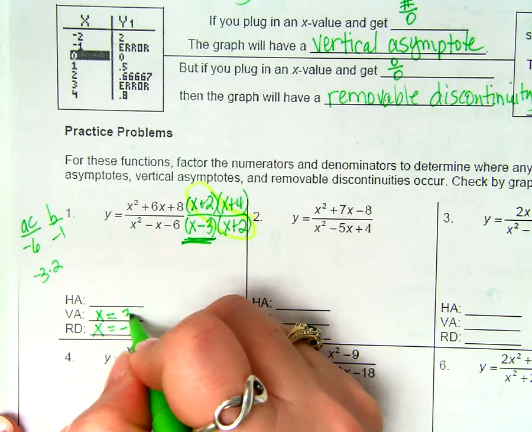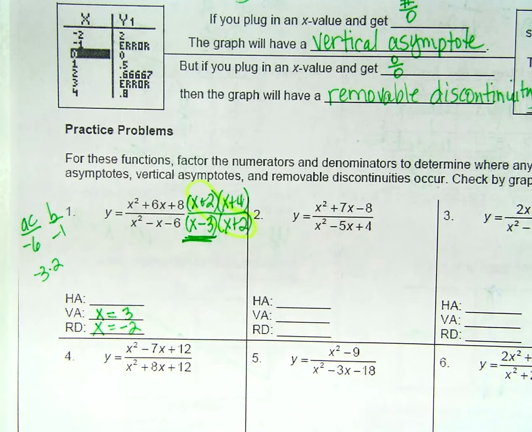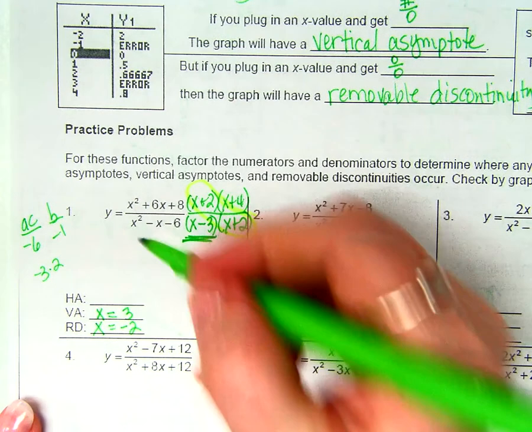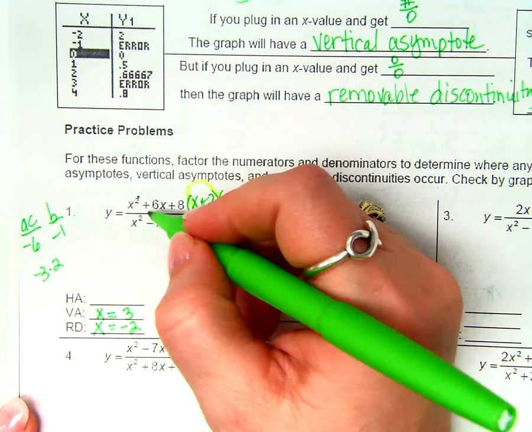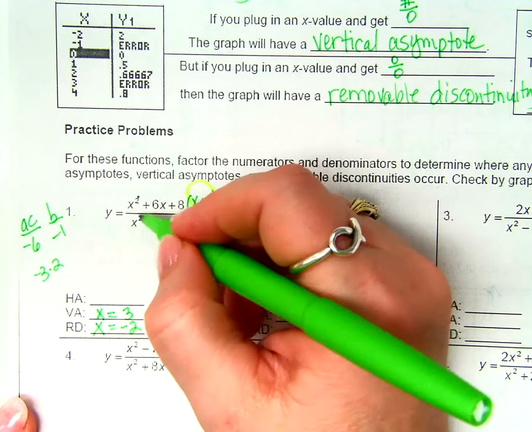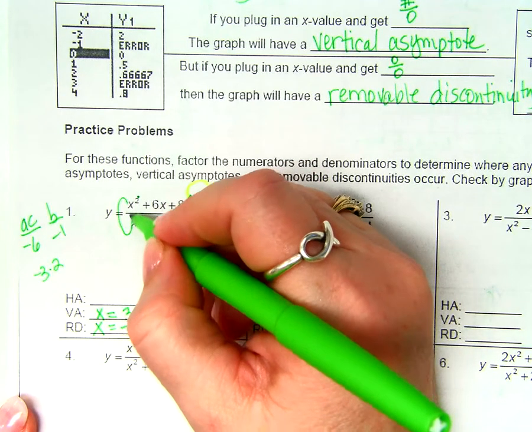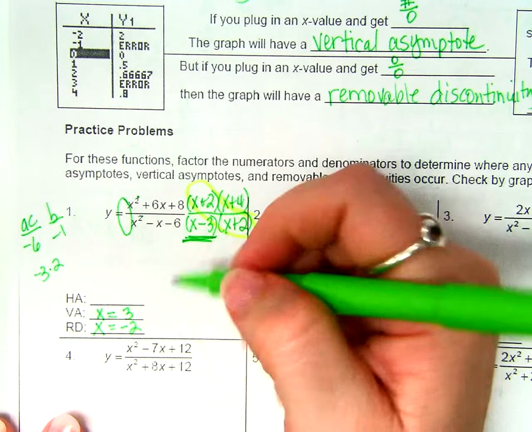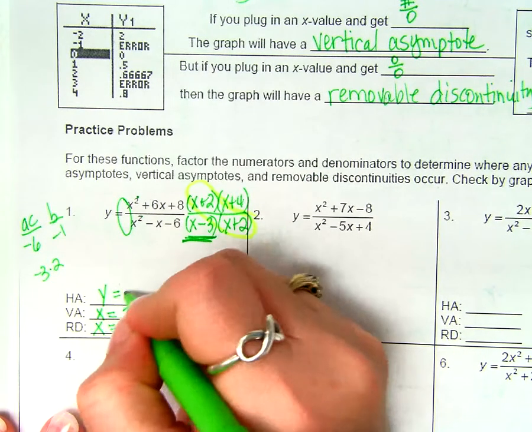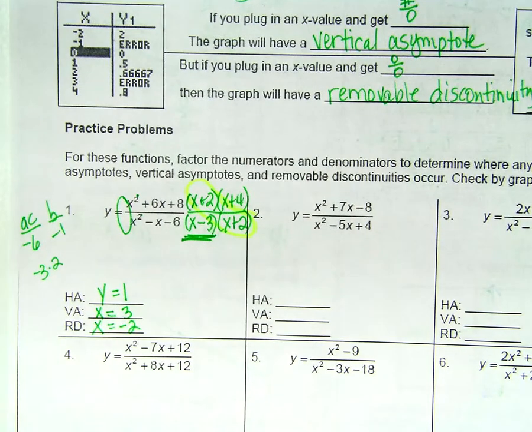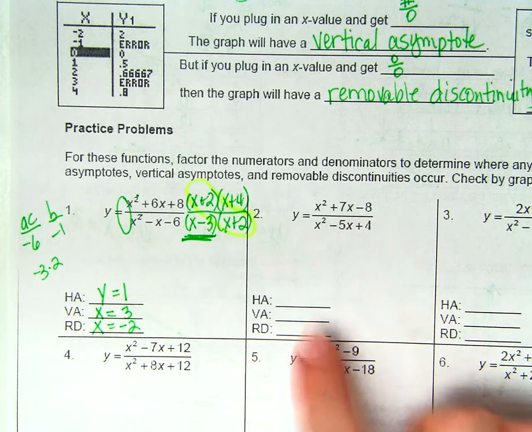X equals 3. Horizontal asymptotes, you may want to remember or even look at that sheet that I gave you last time that's called Finding Horizontal Asymptotes. And we say the degree is 2. The degree is 2. When the degrees are the same, we look at the leading coefficients. What are the leading coefficients? Y equals 1. 1 divided by 1 is 1. Okay? That's what you do for the other 5